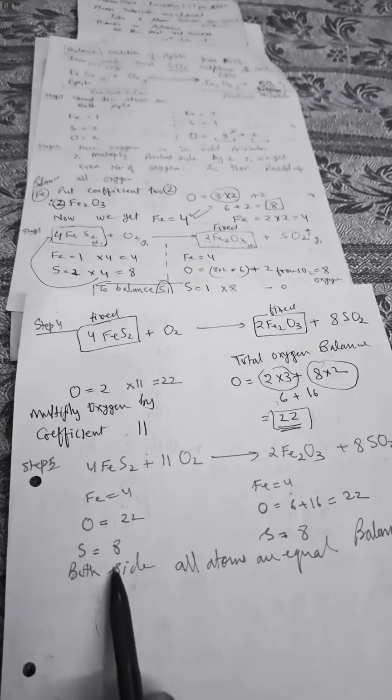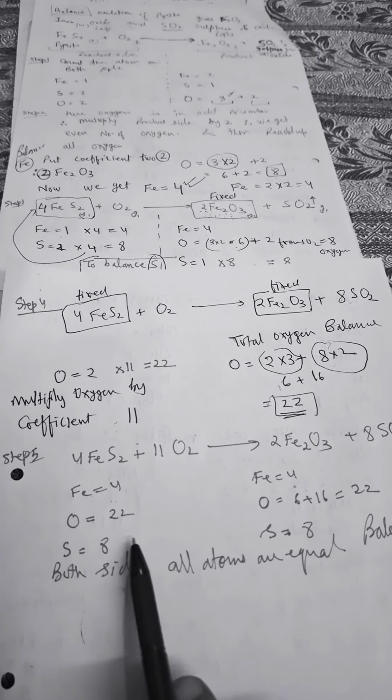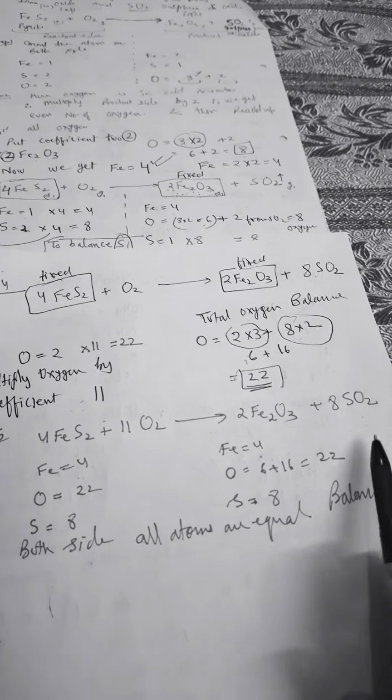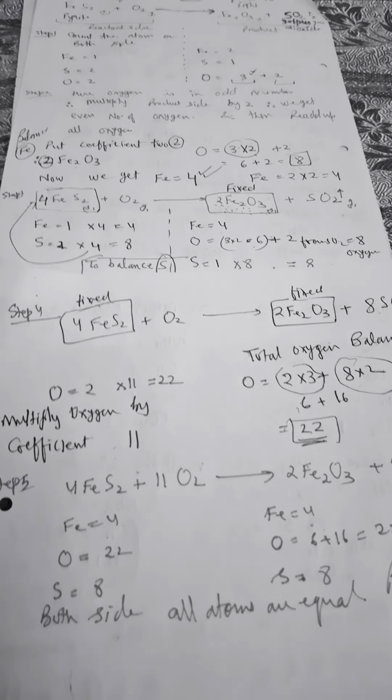We have seen all of them are balanced. Iron, oxygen and sulfur, all of them are equal on both sides. So the reaction is balanced. It is a little tricky but very easy to